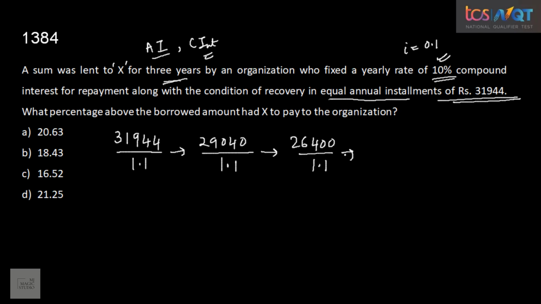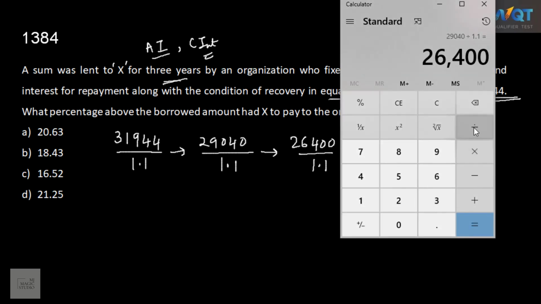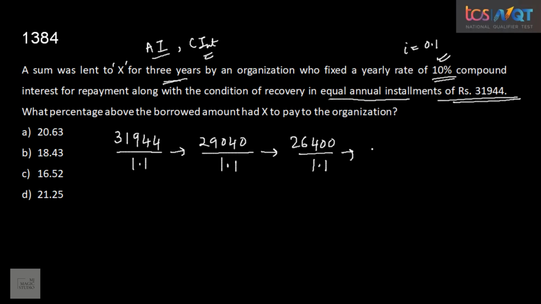Again divide 26,400 by 1.1. 3 times we need to do it in succession. 24,000. 24,000 was the principal actually paid in the first year. 26,400 is the principal paid for the second year, and the principal paid for the third year is